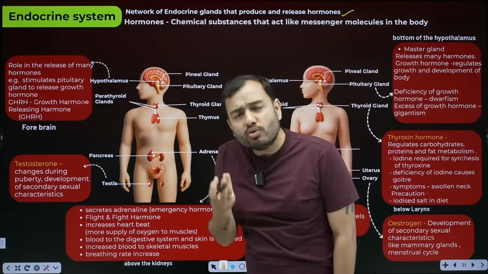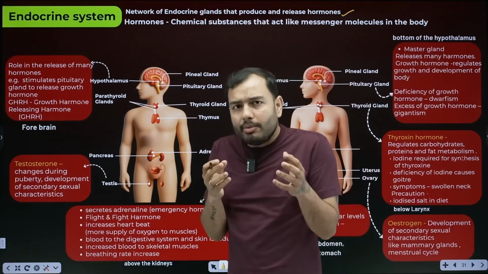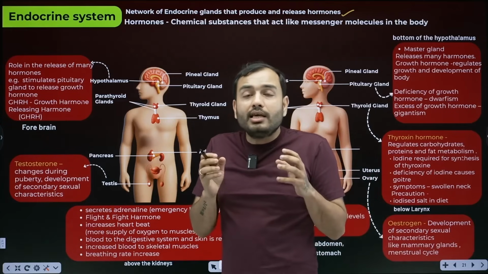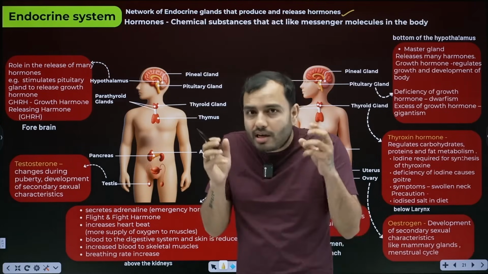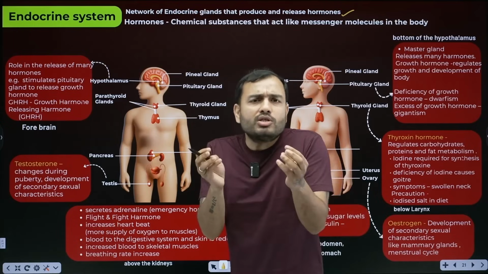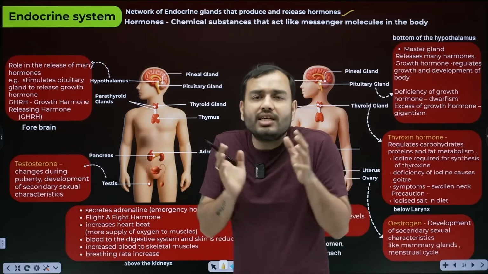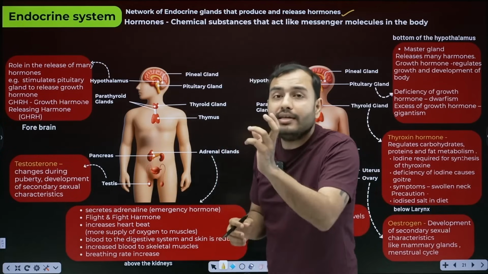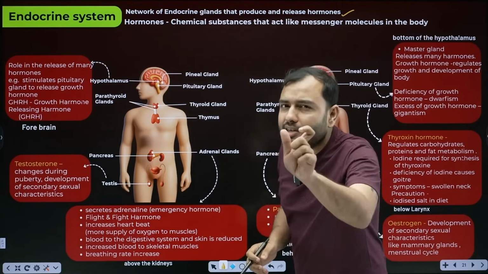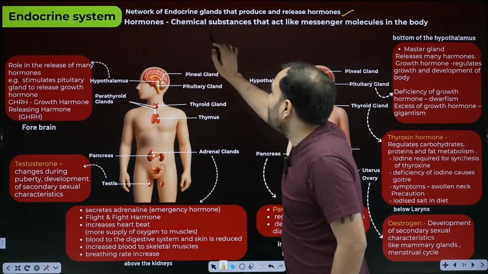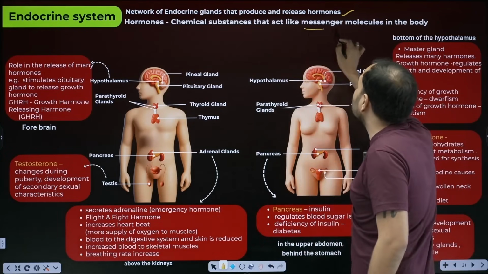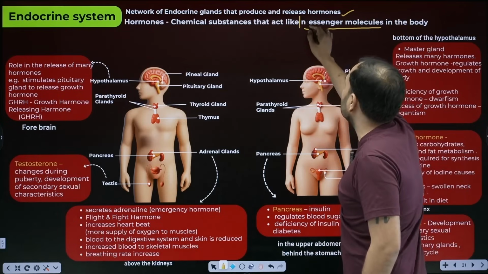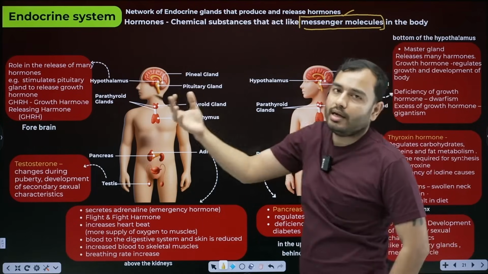Now the question is, what are hormones, beta? Just like we read the signal was going, the message was going through an electric impulse, similarly this is a second way to send messages, the chemical method, hormones. What are hormones? They are chemicals that travel around the body carrying messages. And where do they come from? They come from endocrine glands. Remember one term for hormones. Hormones are chemical substances that act like messenger molecules. What do we call hormones, beta? Messenger molecules that carry messages from the gland to different parts of the body.